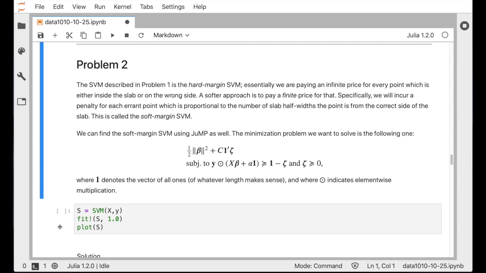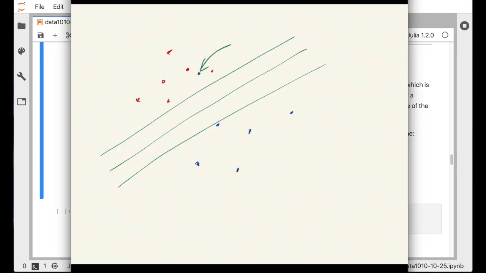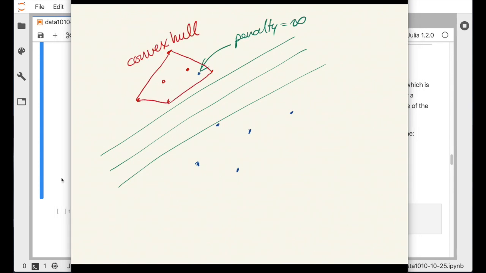So there's one significant problem with the hard margin SVM. If the data are not separable by a hyperplane, then the optimization problem has no feasible region. So if there's a blue point inside what's called the convex hull of the set of red points, so that's just the smallest polygon that contains all the points, then there's not going to be a way to separate them, and we're going to have to pay an infinite penalty for that point that's in the convex hull of the set of red points. And the idea of the soft margin SVM is to not be so harsh about these